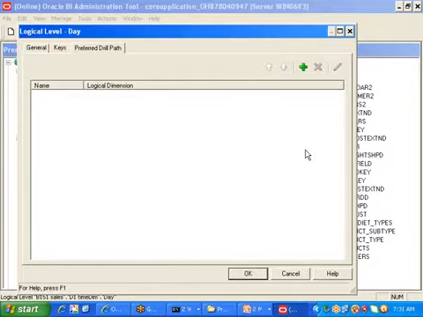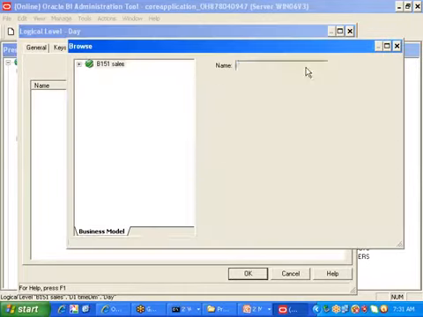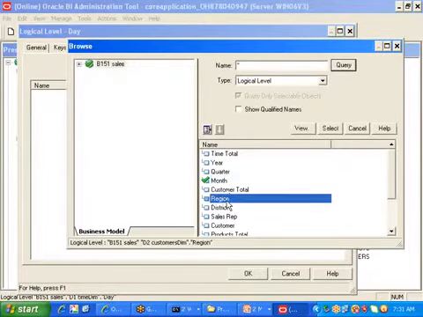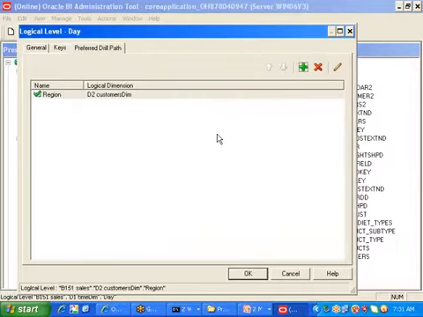Technically, configuration wise, both are one and the same. If you want to move to region level, what do you need to do? Click on this plus symbol. Instead of month, which was selected previously, now we need to select region. We are using our common sense and telling this is a drill across, because we are moving from time hierarchy to customer hierarchy. But system wise, configuration wise, all it will see is the preferred drill path. That's it. Are you clear what I'm trying to say?